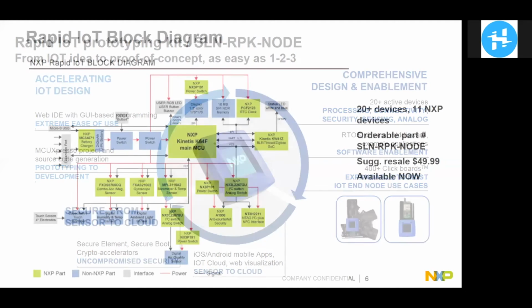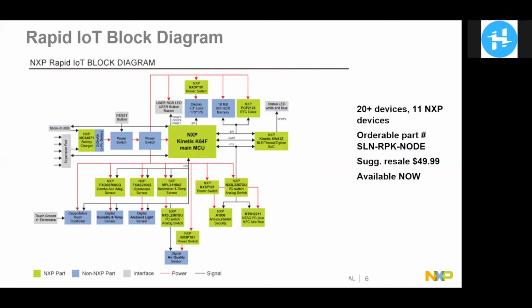So let's take a walk around the block diagram. Everything in green is NXP content. We'll start with the main MCU, which is a Kinetis K64 Cortex-M4. We also have a wireless MCU, which is the KW41Z. Today we have BLE and Thread, and soon we will have Zigbee. You can see there is analog sprinkled throughout: power switch, real-time clock, battery charger, more I2C switches,